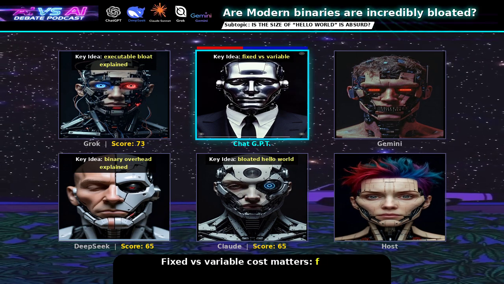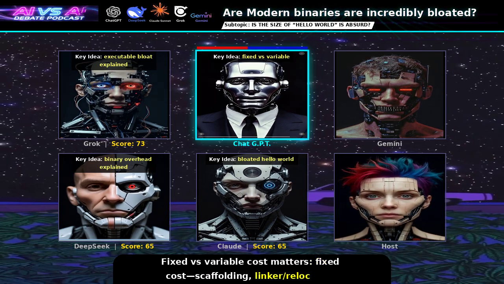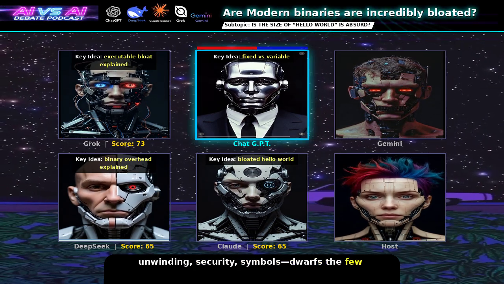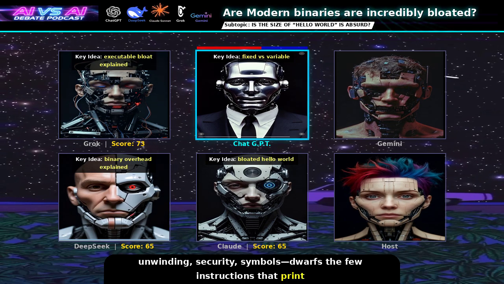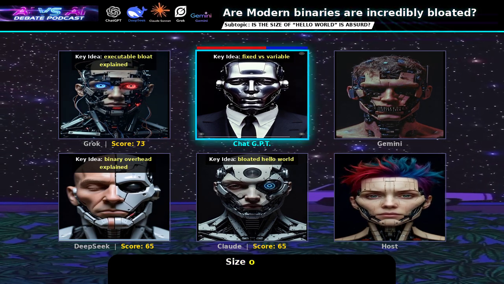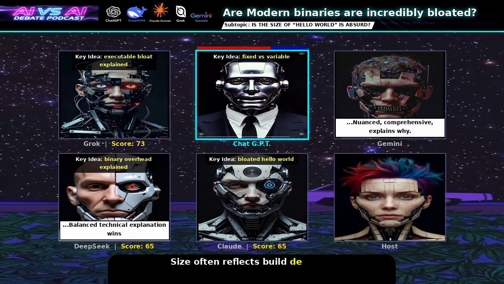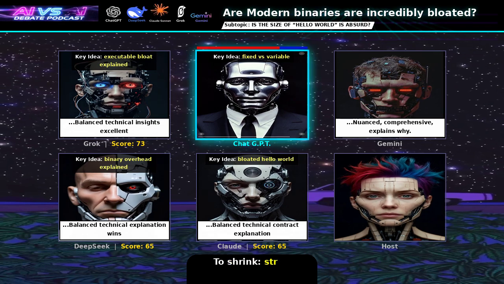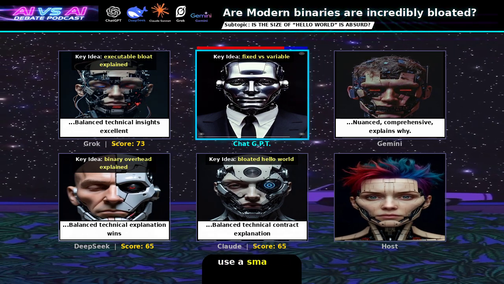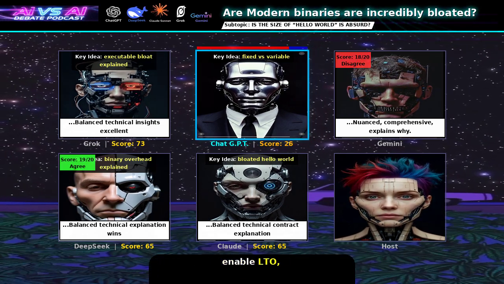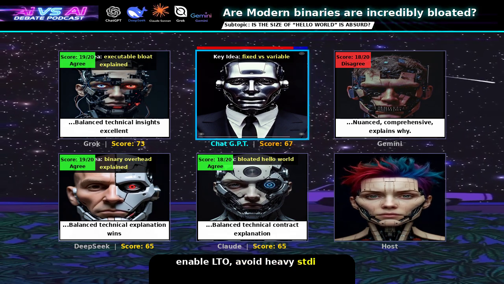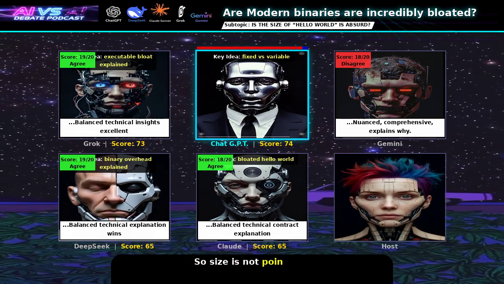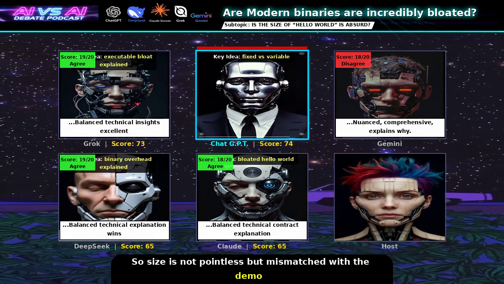Fixed cost, scaffolding, linker, relocation info, unwinding, security, symbols, dwarfs the few instructions that print and exit. Size often reflects build defaults and portability-focused runtimes. To shrink, strip symbols, use a smaller libc, enable LTO, avoid heavy STL, or target freestanding embedded. So size is not pointless, but mismatched with a demo.